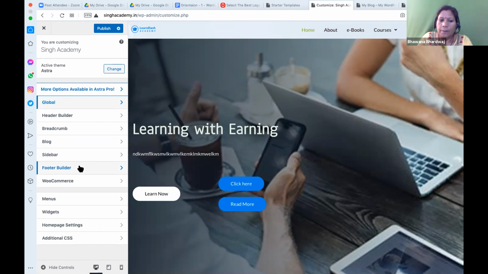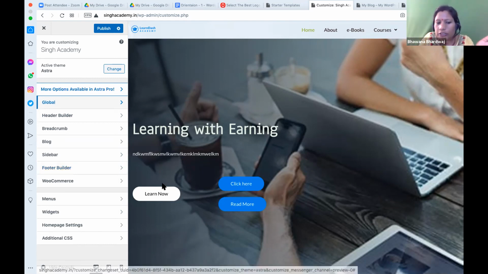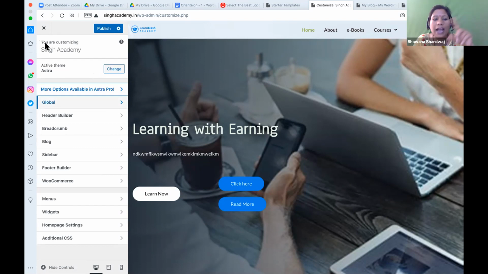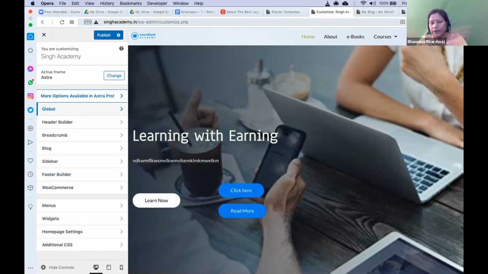Everywhere. But on your home page, if you want only this button changed, you can go and select this button and change the element of this button. एक का change कर दीजिए इसको, जैसे अभी learn demo वाला था. Okay, so for that we will go to the home page, select this button and make the changes, right? Okay. So right now, let's do one thing because it's already 2 hours. Now you have got a little bit of a glimpse of what we are supposed to do on your website.